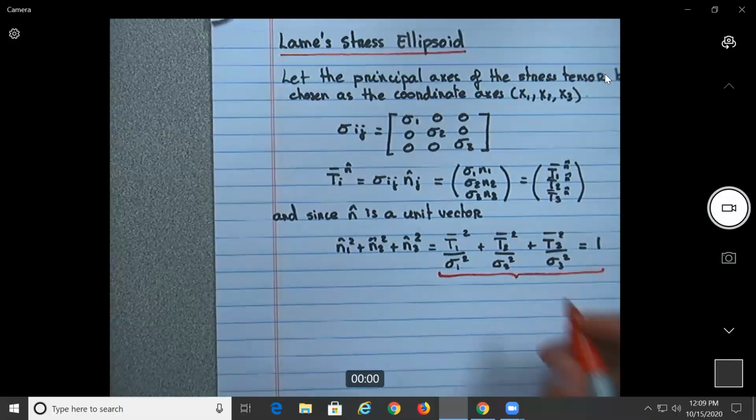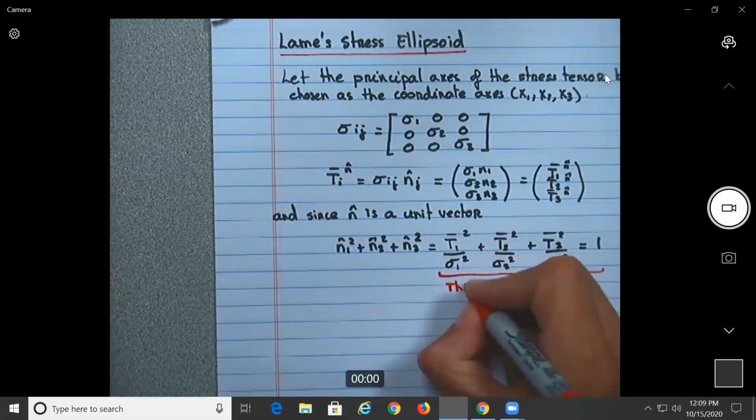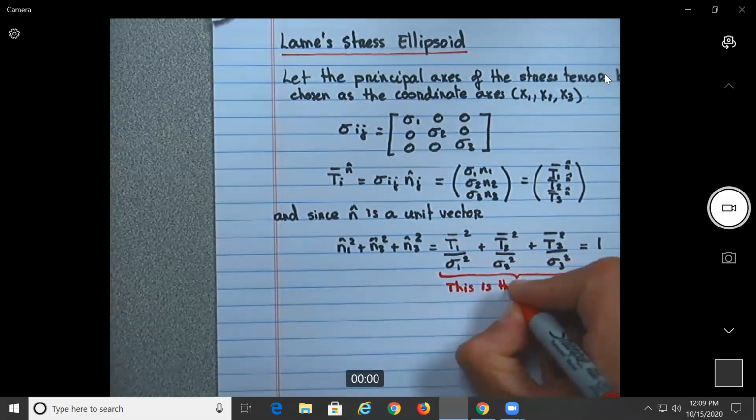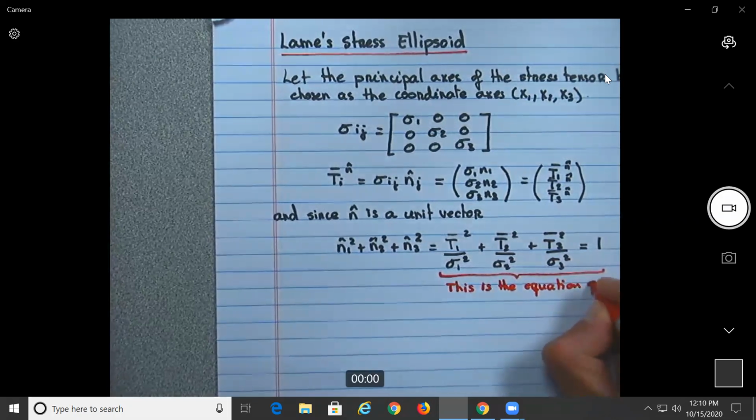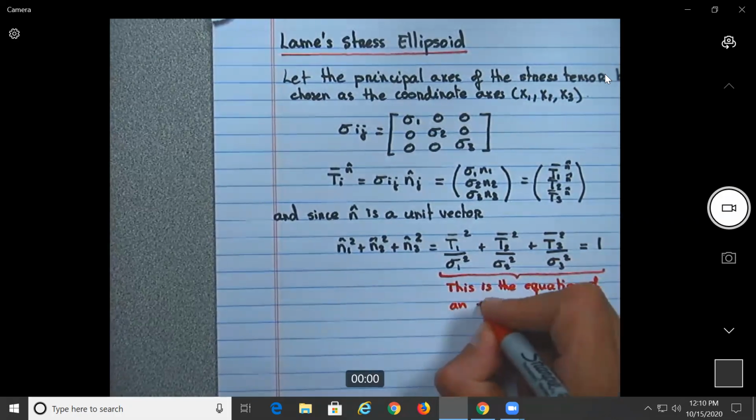So you can notice that this is the equation of an ellipsoid